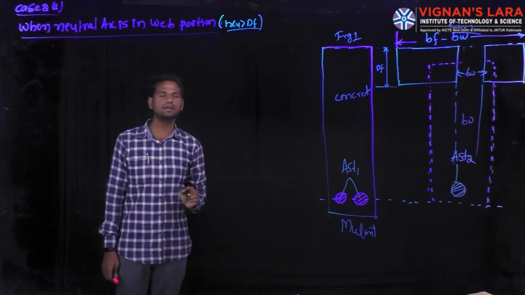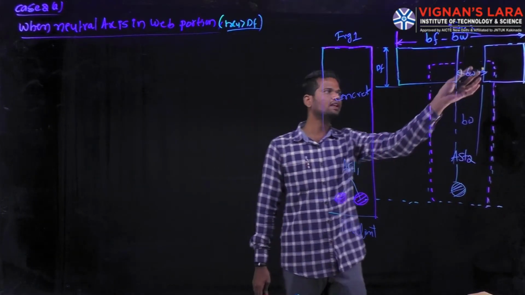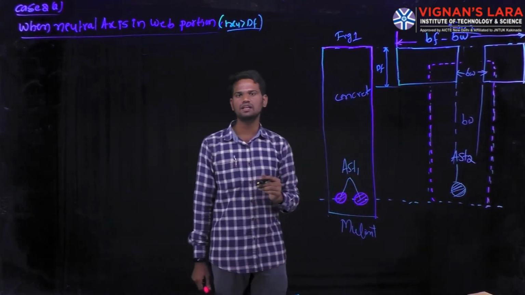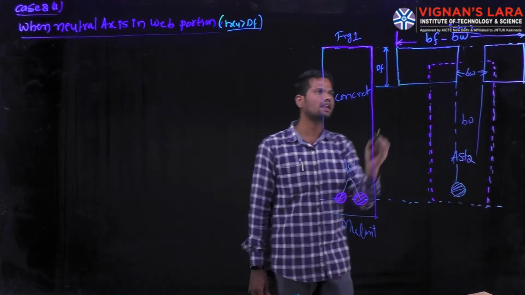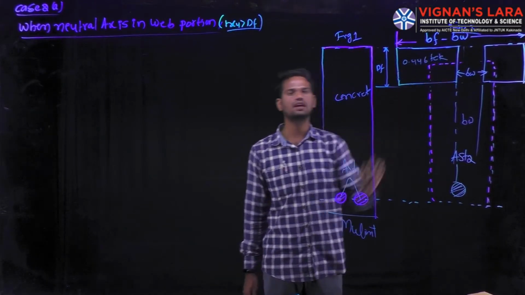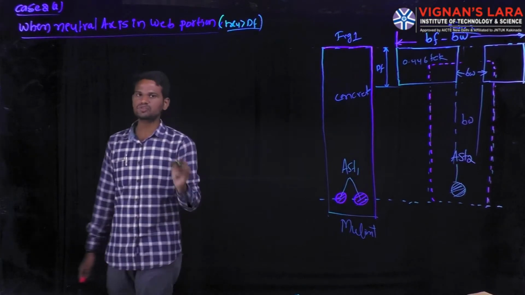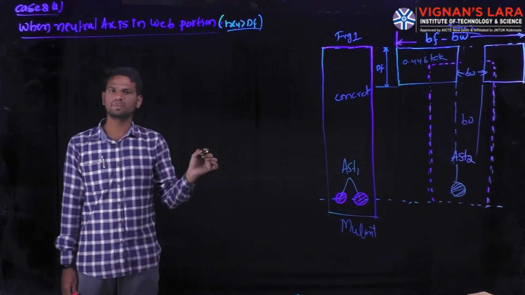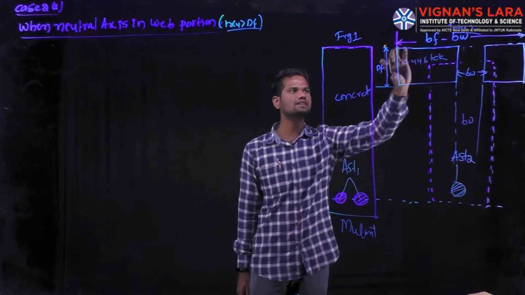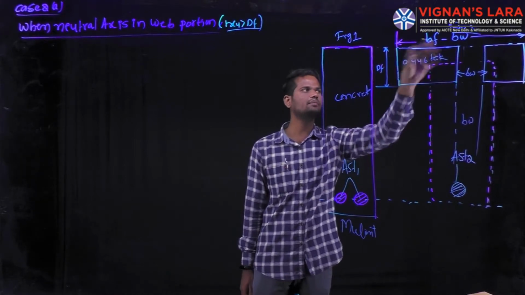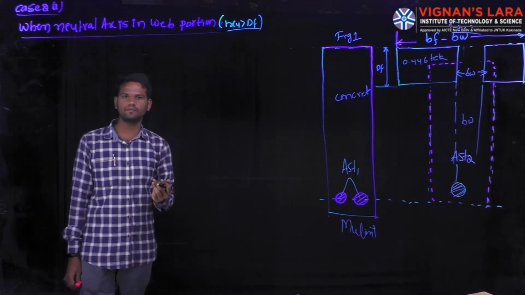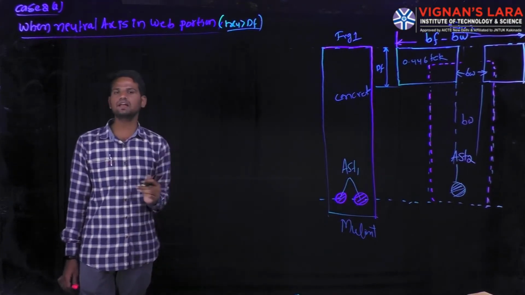Next we will calculate for figure 2. Again, if you see here in figure 2, this is the concrete block. In this concrete block, we have the stresses acting on the concrete, nothing but the stresses of 0.446 FCK. These are the compressive stresses acting on the beam. Force is nothing but stress into area. This is the stress, this is the width and this is the depth. Force equals stress into area. If you calculate the stress into area, you will get the force of that particular flanged beam.